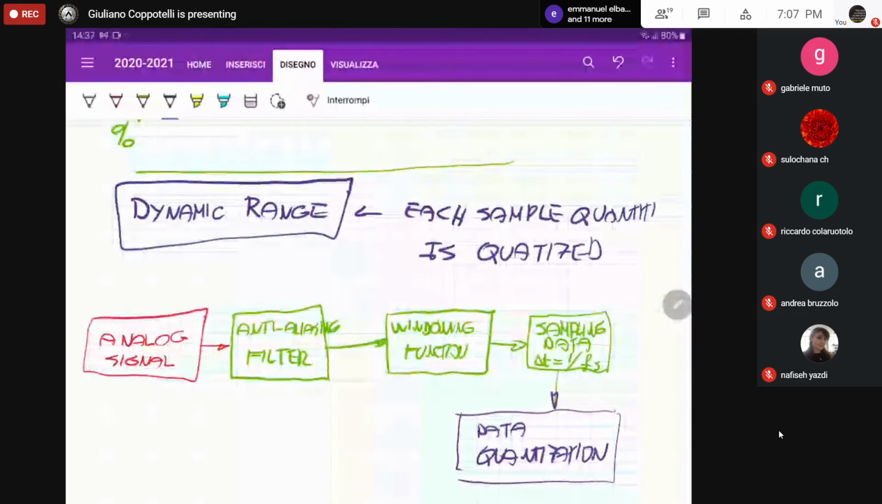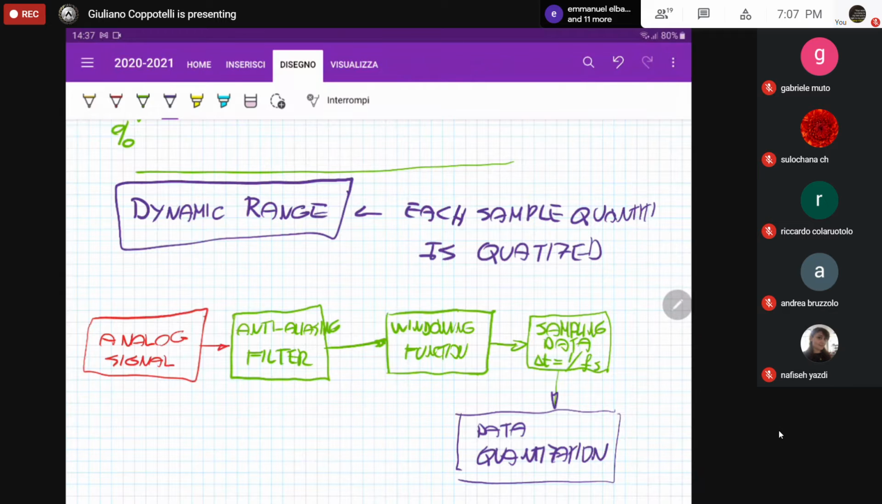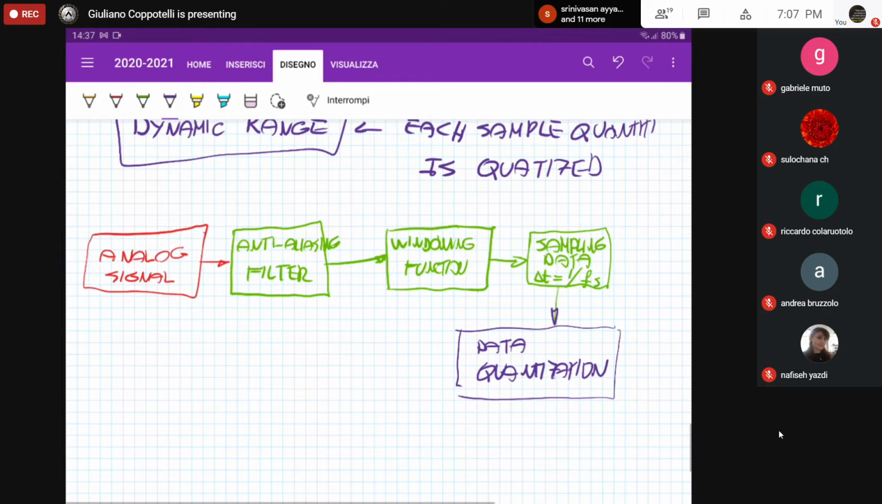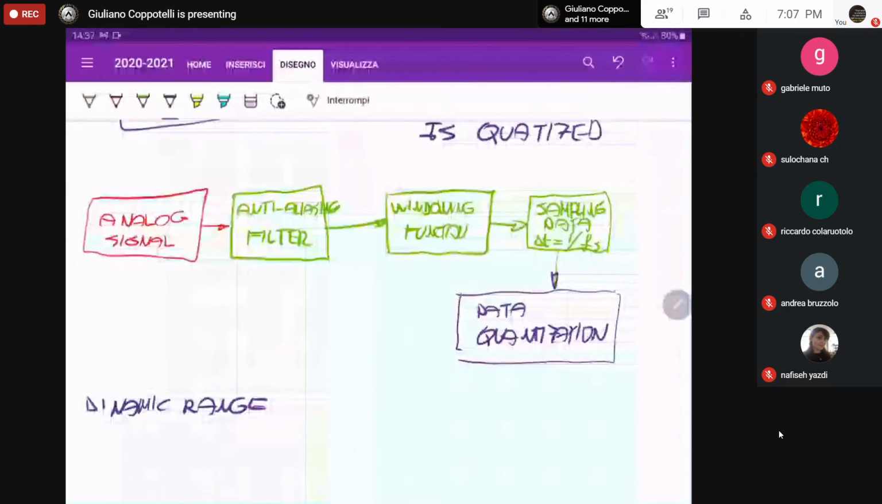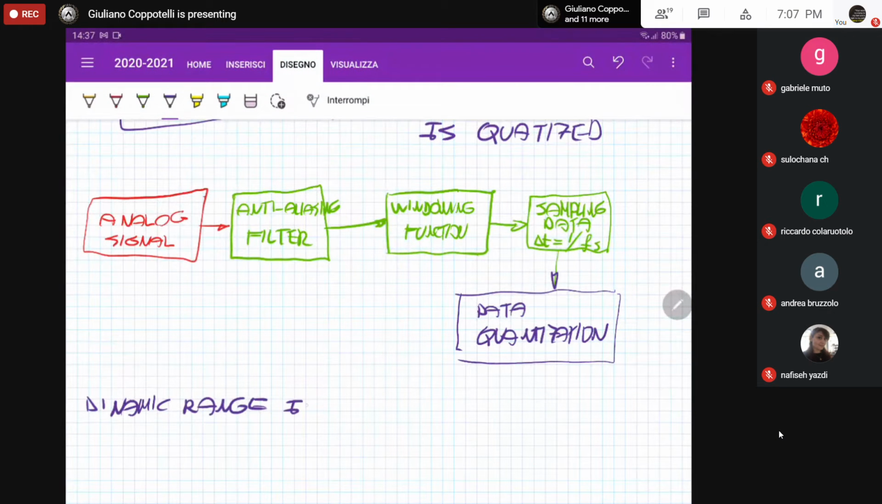That is, how is the value of your measured quantity? We're referring to quanta levels, we're referring to the digital world. Okay, so the dynamic range in this framework, the dynamic range, okay, is defined as the ratio between